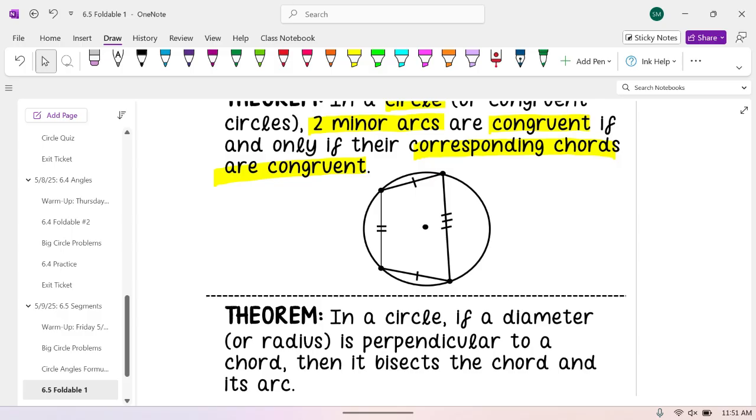By tick marks, I mean these little tiny lines here. Remember, if they have the same number of tick marks, they are considered congruent. So which are my two congruent sides? To make things easier, let's call this quadrilateral A, B, C, and D. Which two segments are the congruent ones? AB and DC. Good. So since AB is congruent to CD, since these two segments right here are congruent,